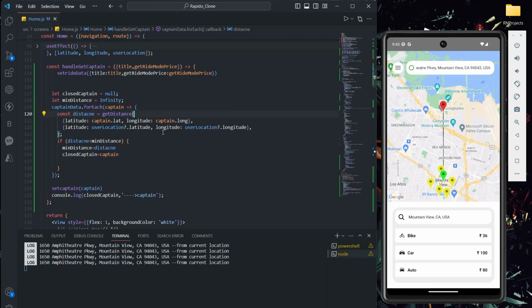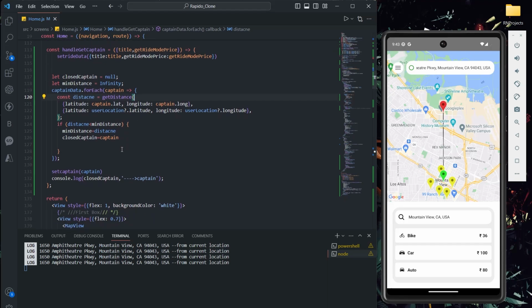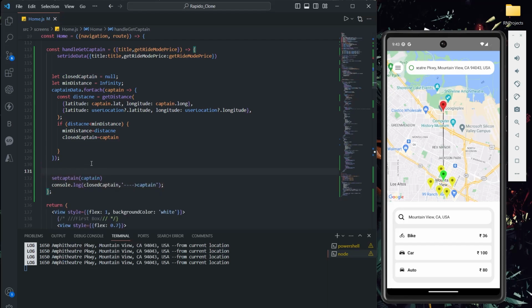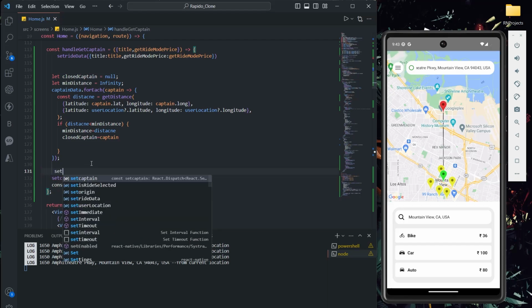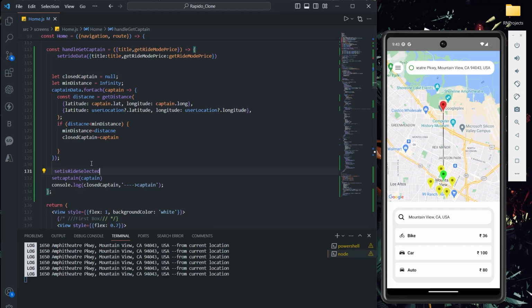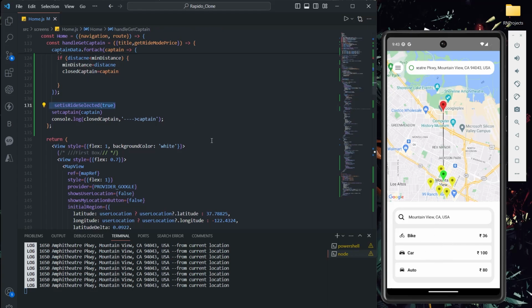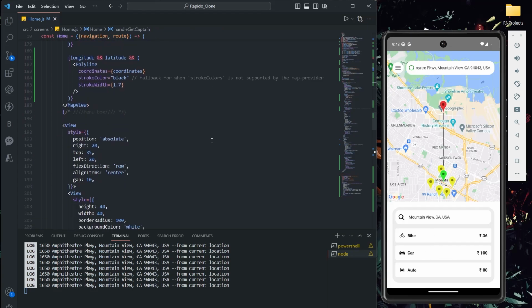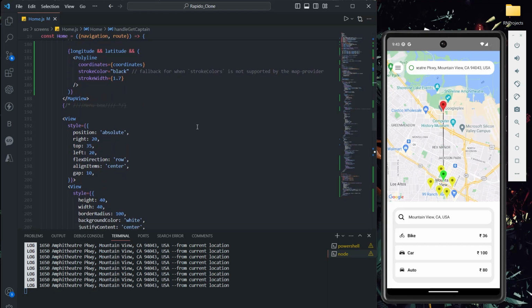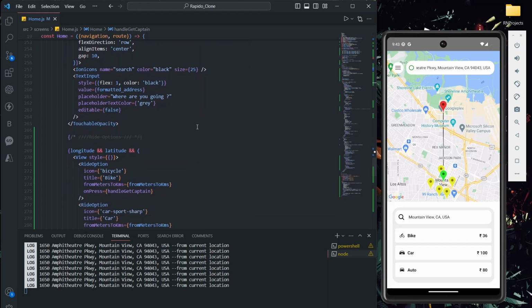Okay, so to do that, instead of this I can directly say setIsRideSelected to true. Whatever we click, I'm going to make this rideSelected state true. Okay, so now let's build the UI also.